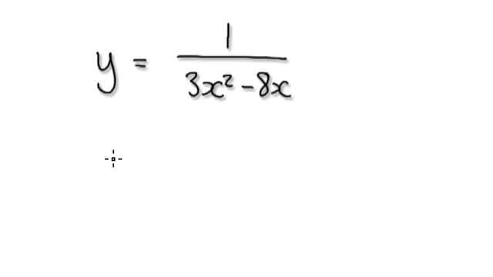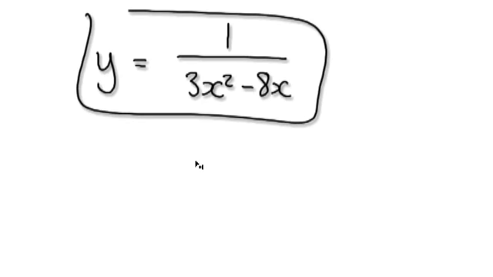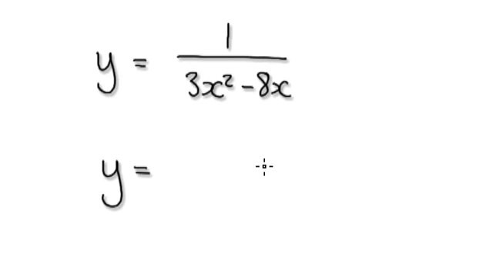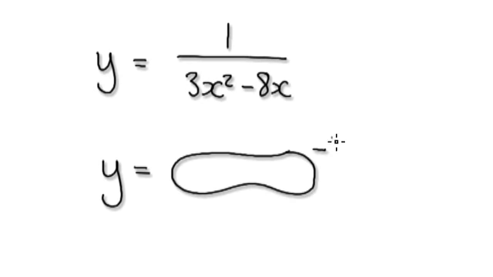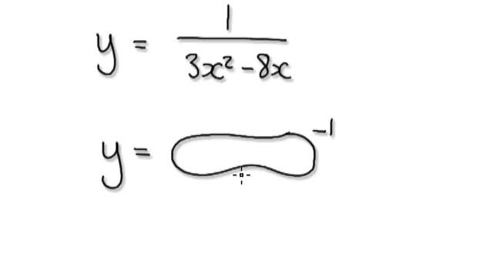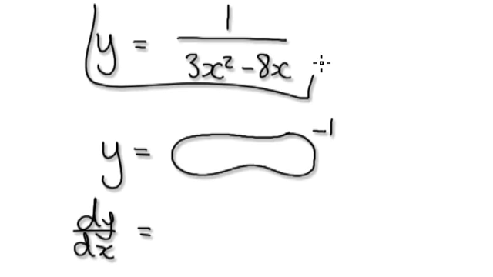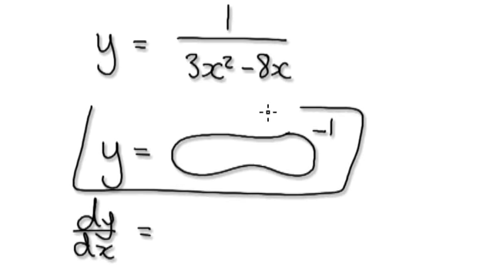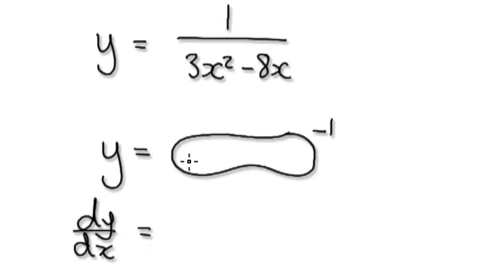So to do this, when given this, inside your mind, visualize it as y equals bubble to the power of -1, the bubble being 3x squared minus 8x. But inside your mind, just visualize it as bubble to the power of -1. So when you come to actually differentiate it, dy by dx equals, differentiate it